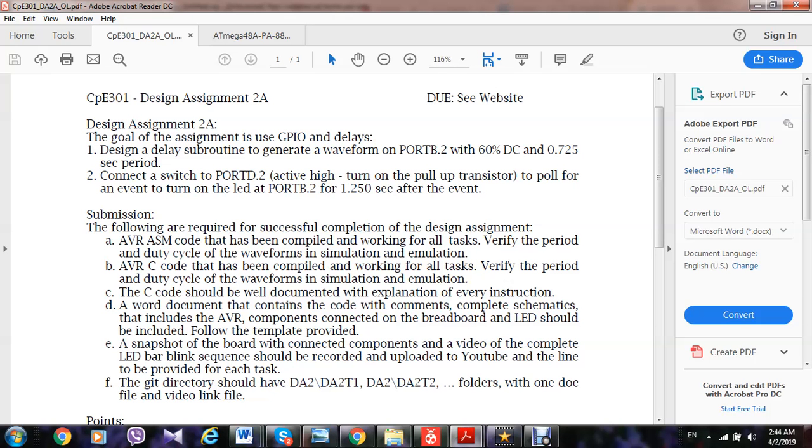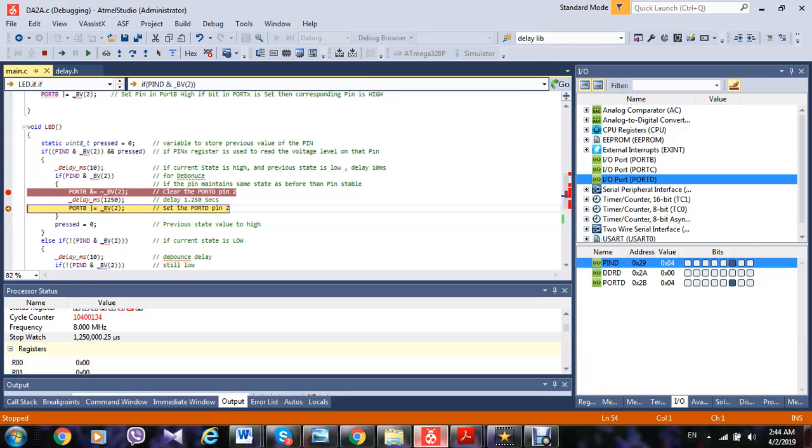Alright, assignment 2A. We have two parts for this assignment. In part 1, we have to design a delay subroutine to generate a waveform on port B, pin number 2 with 60% DC and 725 millisecond period. Okay,